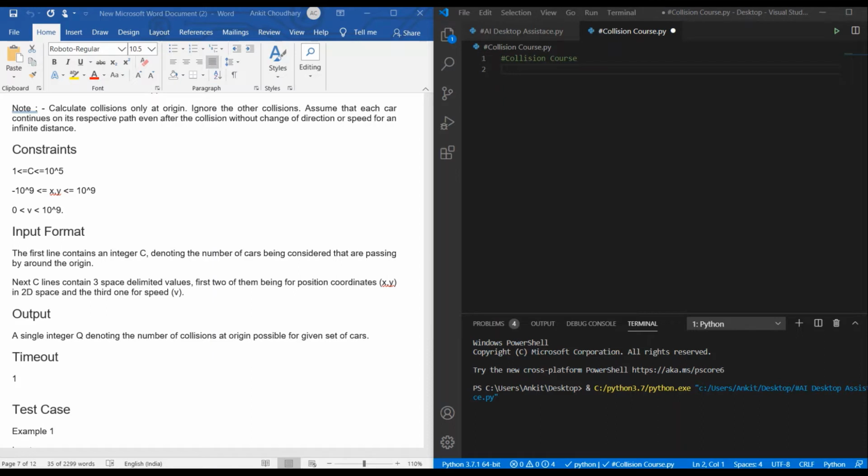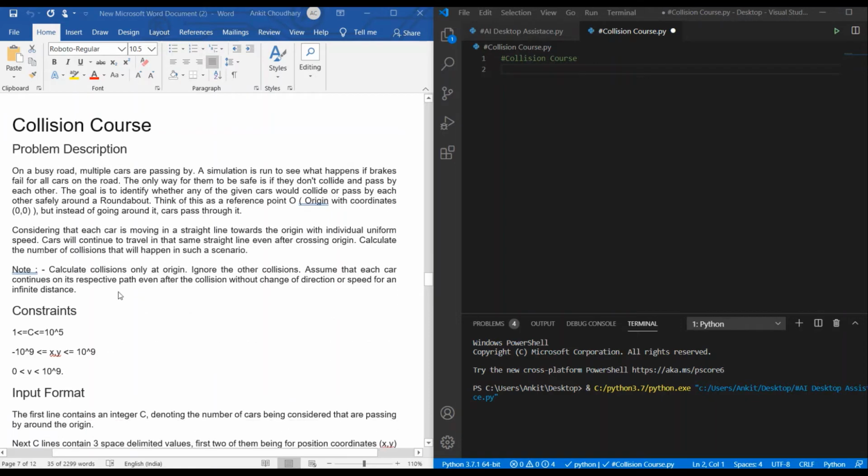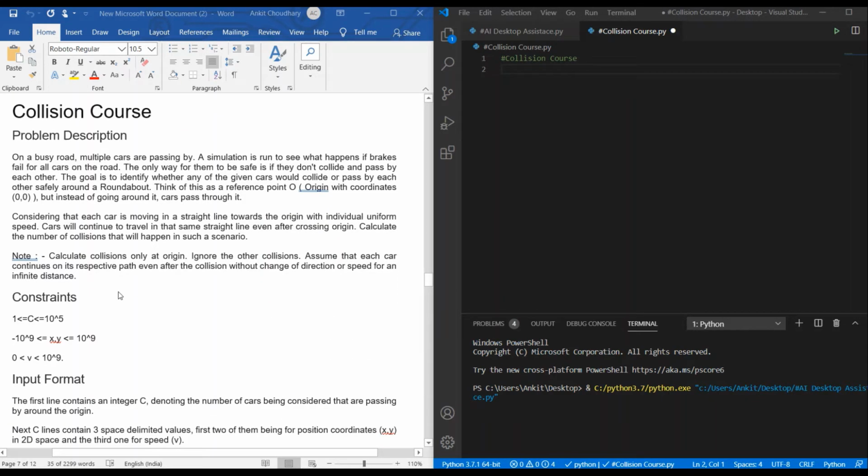Today's code challenge is Collision Course. Problem description: on a busy road, multiple cars are passing by. A simulation is run to see what happens if the brakes fail for all cars on the road. The only way for them to be safe is if they don't collide and pass by each other. The goal is to identify whether any of the given cars would collide or pass by each other safely around